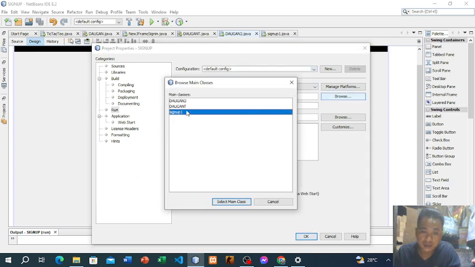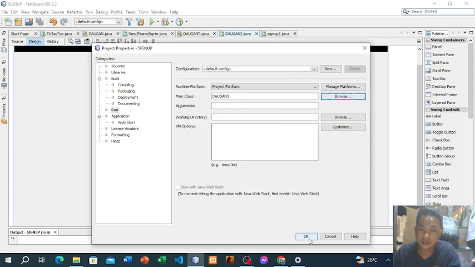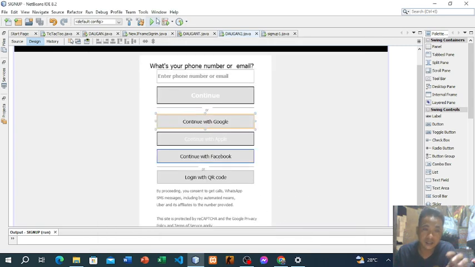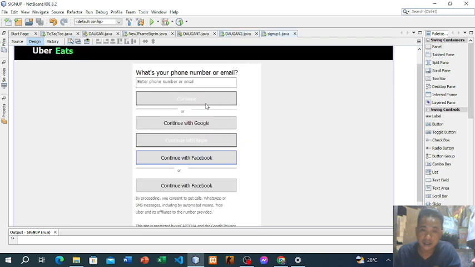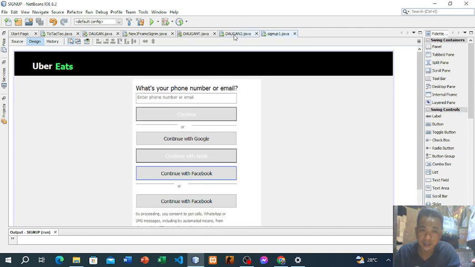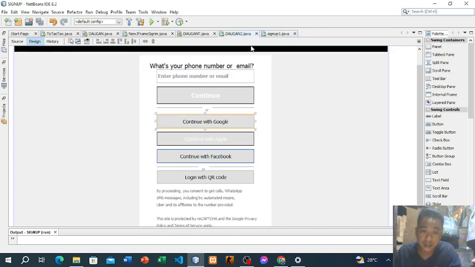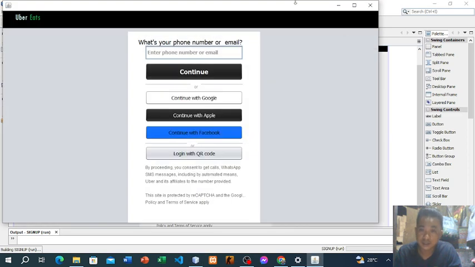Just going to browse, go to Daugan2, select main class. Okay, then when you click run again, this will be the one running, and not what I remade. So when you click F6 or this arrow, this is my output.